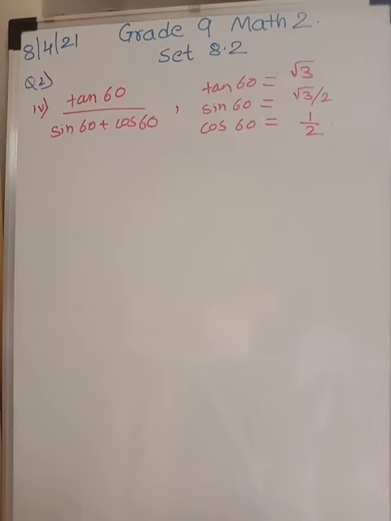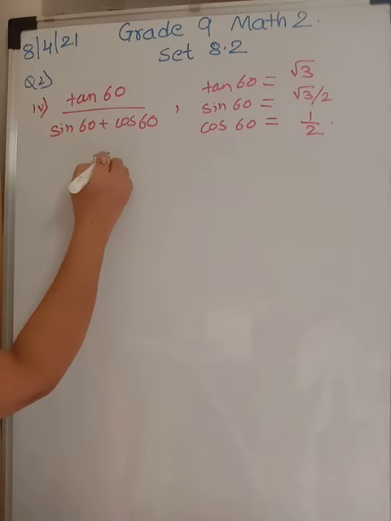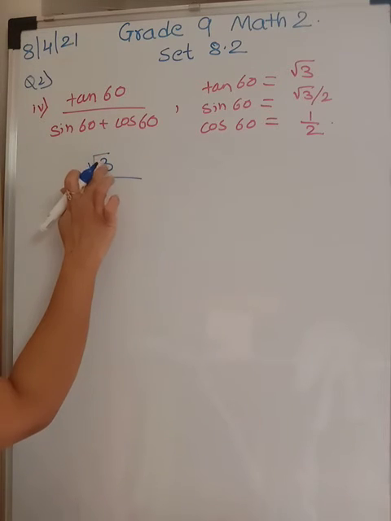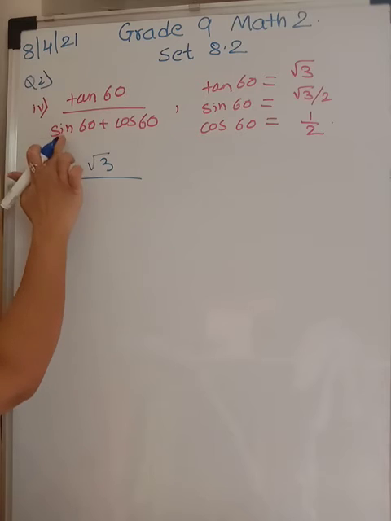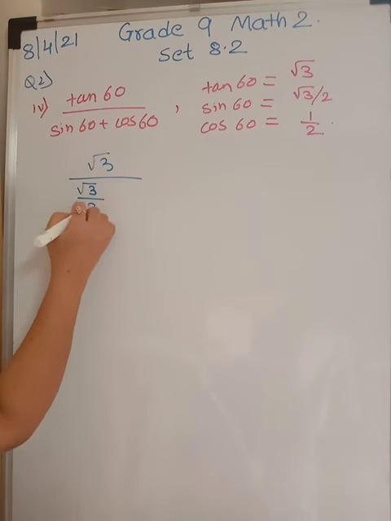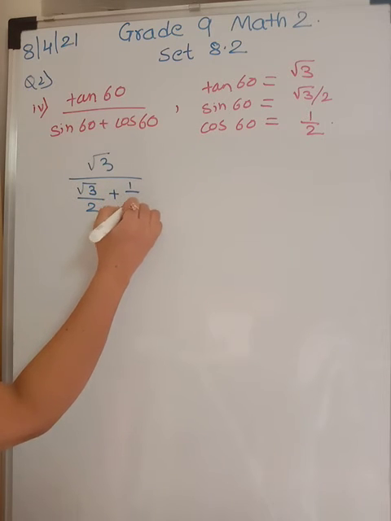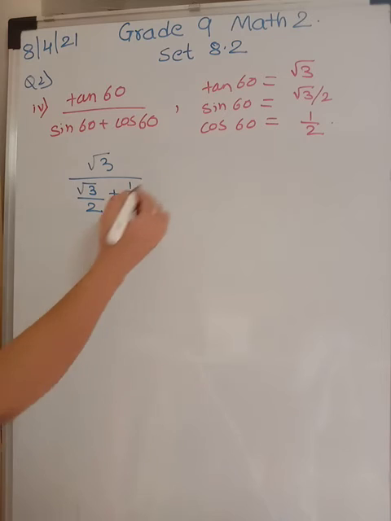We have time. Now observe this very carefully, students. Let us substitute the values. So we have first is tan 60. How much is tan 60? Root 3. So we are going to substitute root 3. This is tan 60 upon sin 60. Sin 60 is, very carefully see, root 3 upon 2. Then it is plus sign. Cos 60 is 1 by 2. Up till here is it clear?